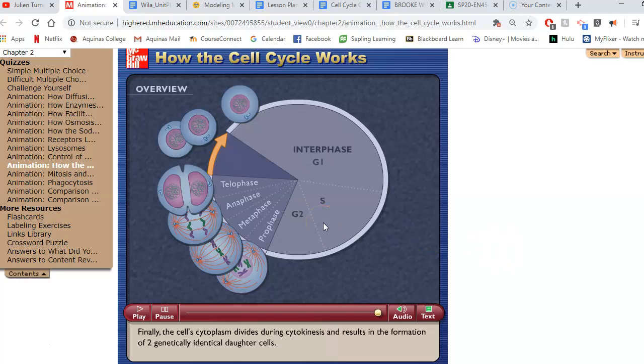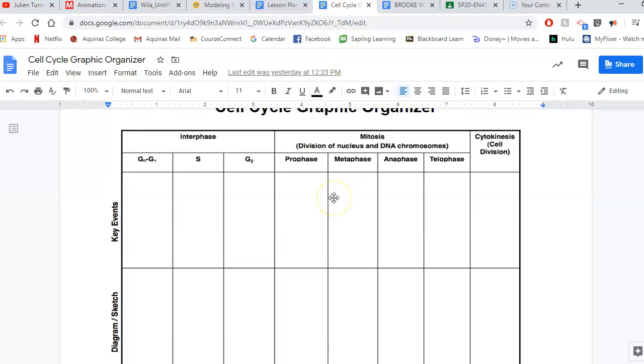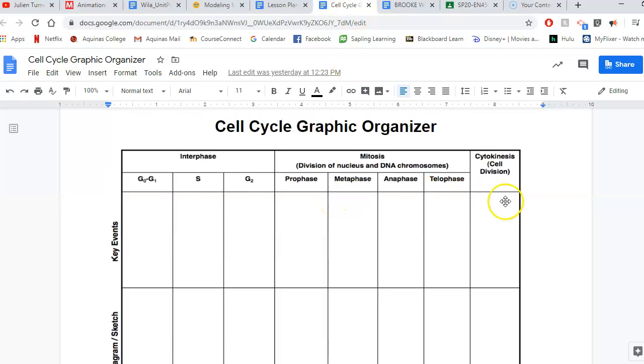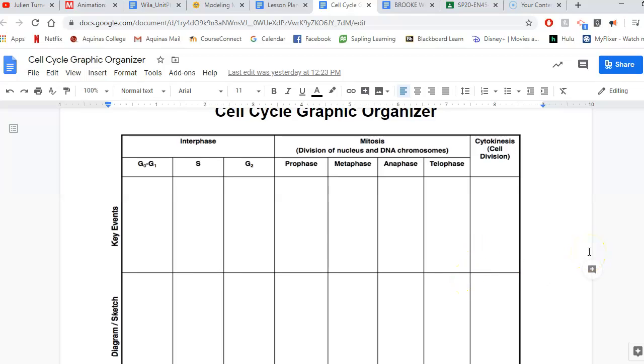Alrighty. So, like I said before, we are going to fill out a graphic organizer. And what is on here are key events listed on this first column here, and then we also have a diagram or a sketch. And like I said before, it's really important that we know what each stage looks like,